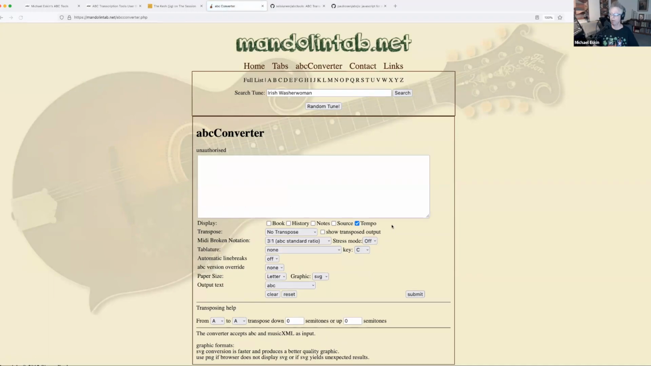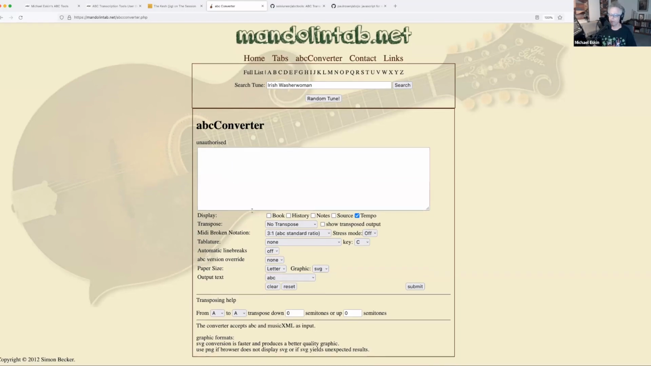Well, this started happening back in November. See where it says unauthorized? Yeah, this broke, and it's been broken since I think last November. And this guy here, Simon Becker, no one seems to be able to find him or contact him, and the problem is that not only is it broken, but you see how it says up here,